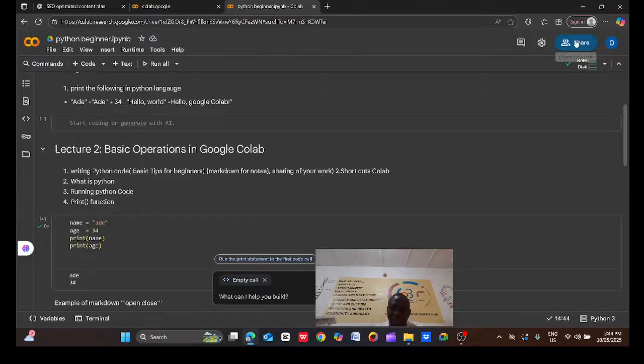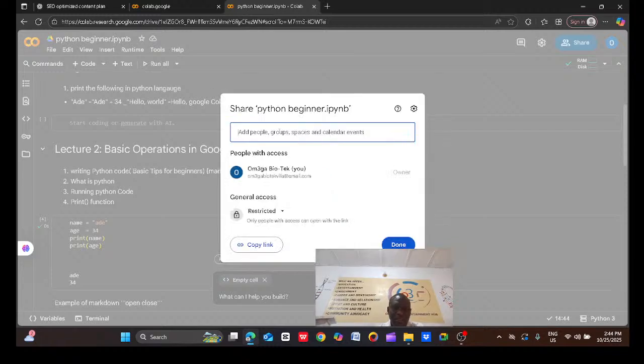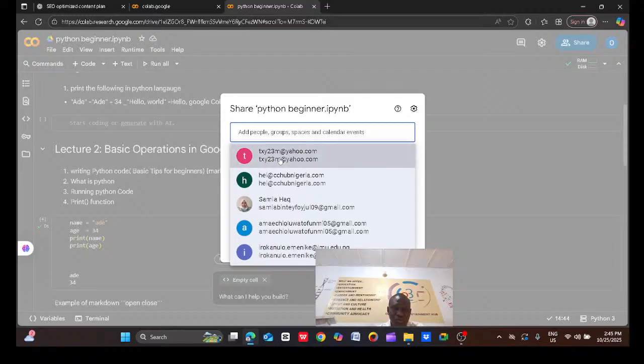Just click on share here. If you click on share, it's going to lead you to this interface, and you enter the email address of the person that you want to send to.